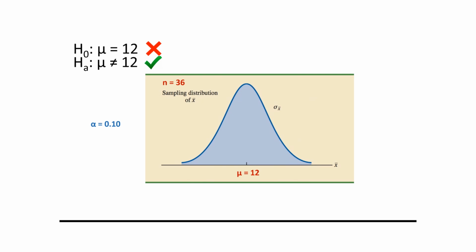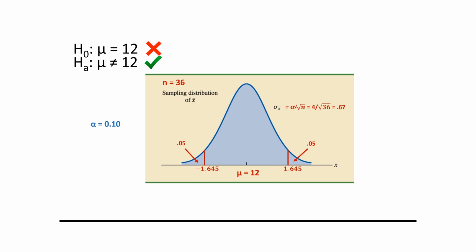Let's choose the level of significance to be 0.10. So we split that in half, and this gives us 5% of all possible X bar values found in the far left or far right of our distribution. If we get one of those values for our sample mean, it will be considered extreme or unlikely enough to warrant rejecting our null hypothesis. At that level of significance for a two-tailed test, our critical values are minus 1.645 and